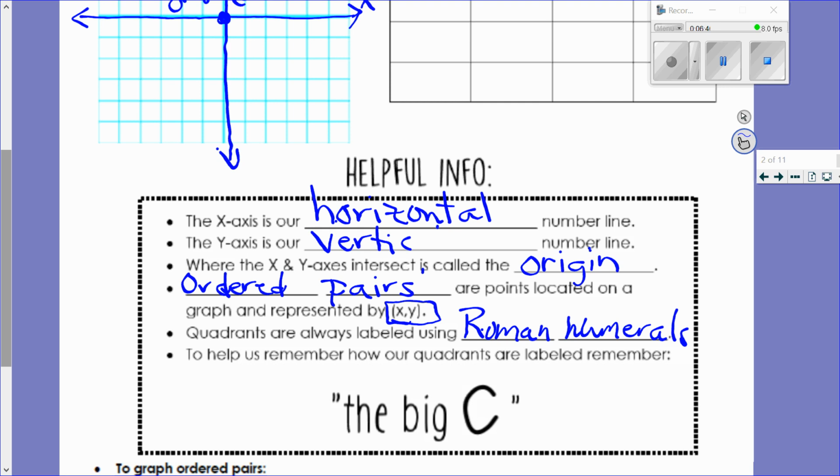For real. And it's in alphabetical order. It is alphabetical order. X comes first, Y comes second. That was the biggest part of the